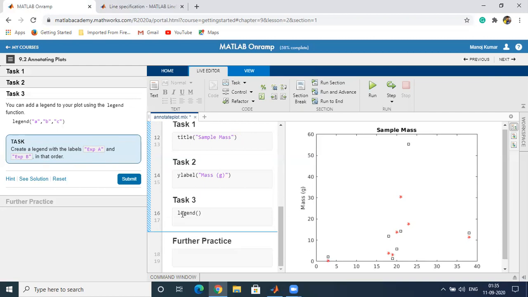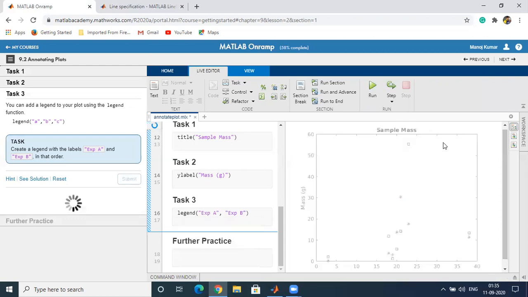within the square brackets. The first is EXPA, comma, square bracket, EXPB. Now click on the submit button.